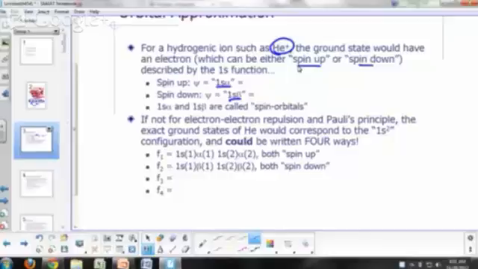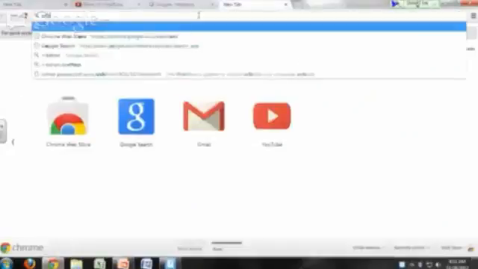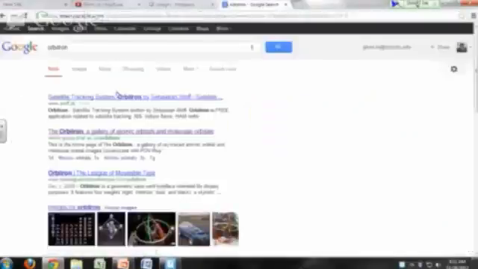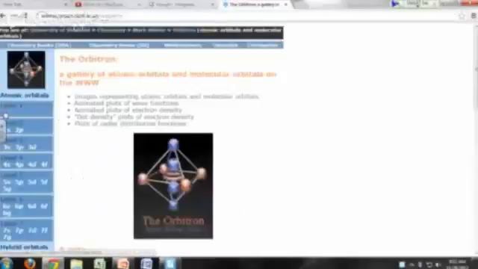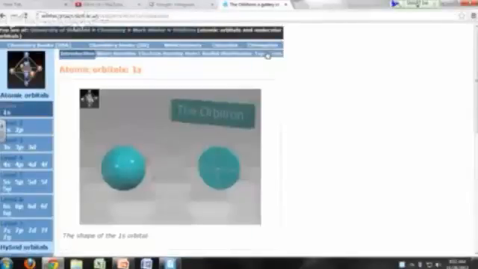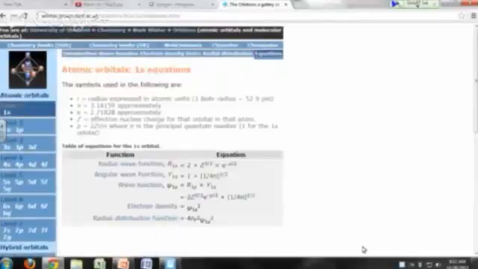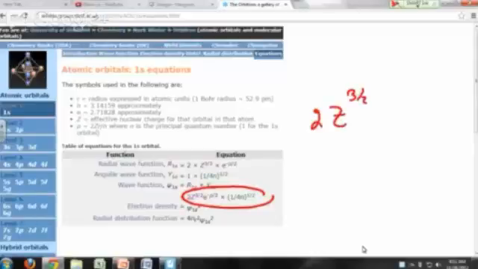Okay? So exactly what do we mean when psi is equal to 1s alpha? Well, let's look up the wave function for 1s. What would be a good place to look for it? The Orbitron website. The actual expression for the 1s function is this one right here. So that's equal to (2Z)^(3/2) e^(-rho/2) over the square root of 4